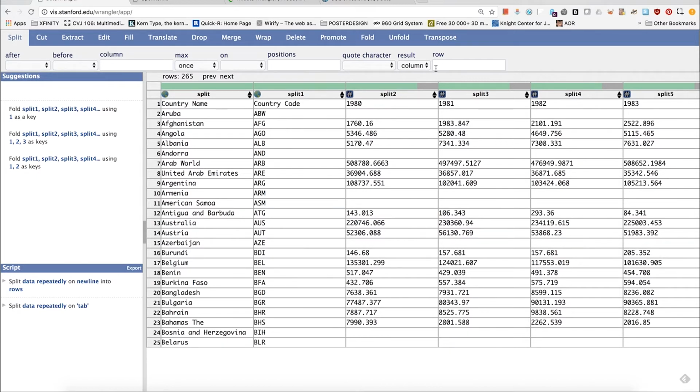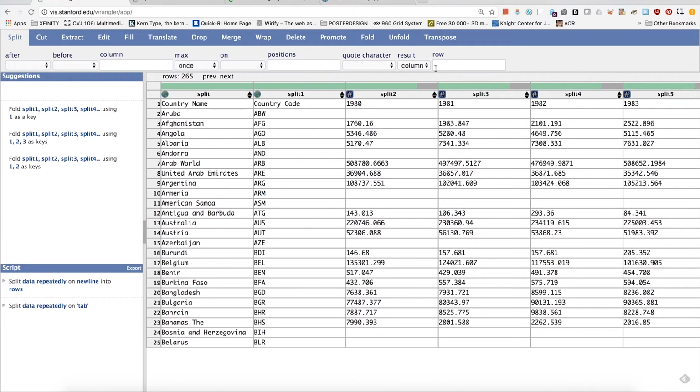Now, don't touch on anything. I am not going to cover all the features that the software has. I'm going to focus on the task at hand, which is transforming the data set from wide into long format. Just be aware that there are many other things that can be done with this little piece of software.